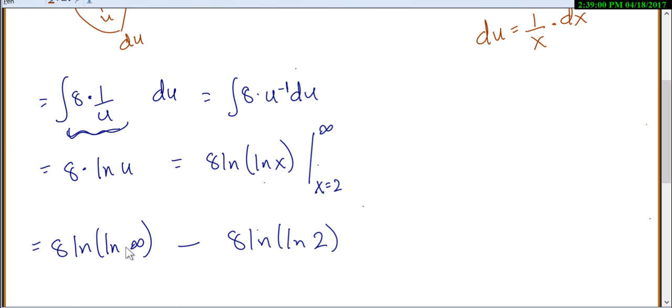And then I think, what does happen if you have the natural log of infinity? So the natural log of infinity slowly goes to infinity. It's much slower. It doesn't get to infinity as quickly, but it does go towards infinity. And even taking the natural log again, it should still be going towards infinity. So this part just goes to infinity. So infinity minus any number is just going to be infinity. And so because we don't get a specific number, but we get infinity, we'd say that this integral diverges, because